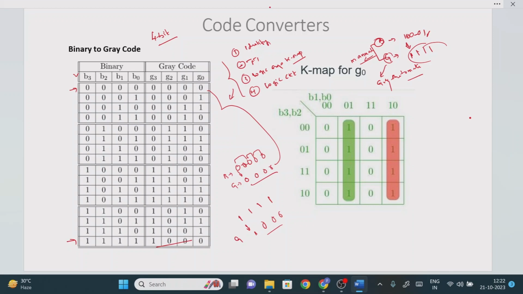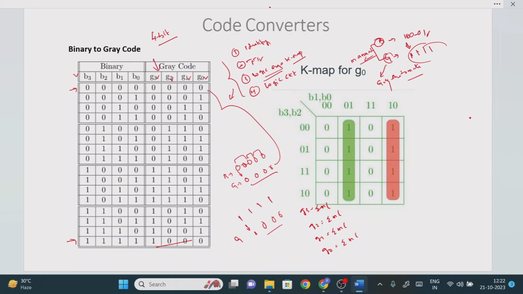Once the truth table is completed, the next step is to find the logic expression using the K-map method. To plot the values into the K-map, we require the minterms. We have the outputs G3, G2, G1, and G0, so we need to find the minterms for G3, G2, G1, and finally G0. If we can identify the minterms, then we can find the output expression using the K-map method, right? So what is the minterm for G3, the SOP function, right?